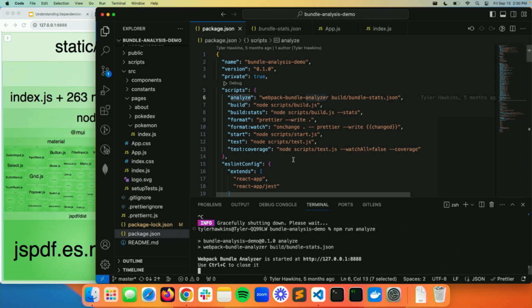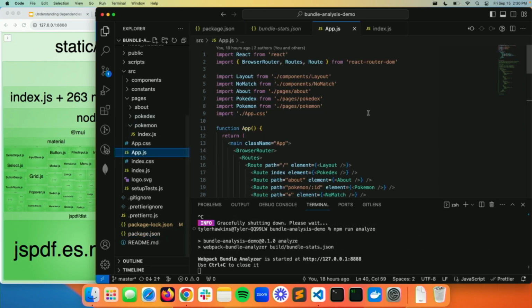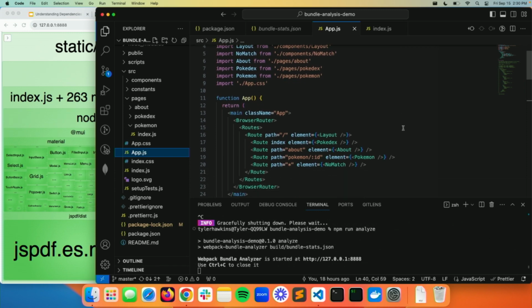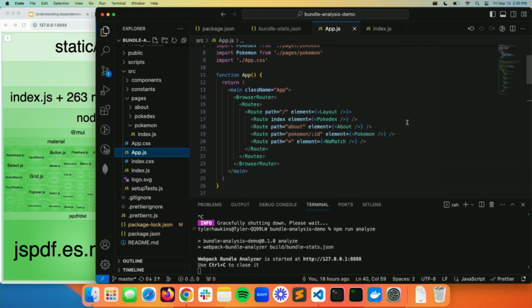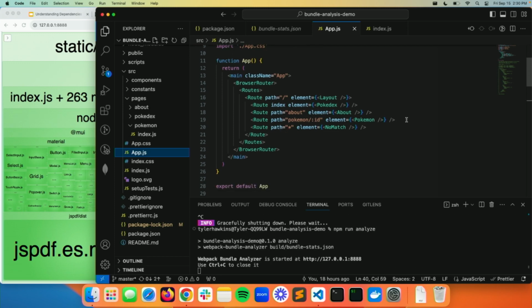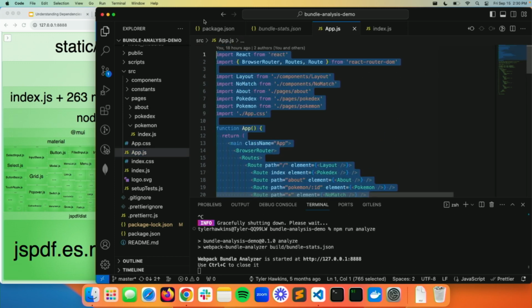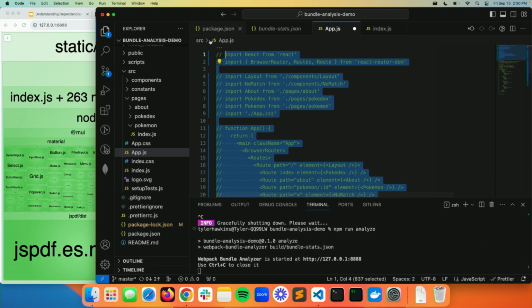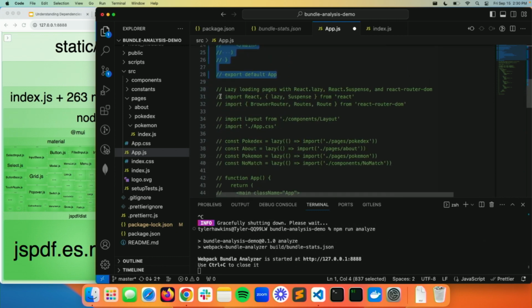One of the first things you might do is start code splitting. We saw that users downloaded just a single bundle, and no matter which page you navigated to, it was just the one bundle that was generated. So our first approach here, you can see in our app.js, we are using just React Router DOM. We have a few different pages here, right? We've got the Pokédex page, the About page, a Pokemon page, and then a fallback no match page. And we're loading those all in right there. So as our first improvement, I'm going to comment that out and uncomment this next section